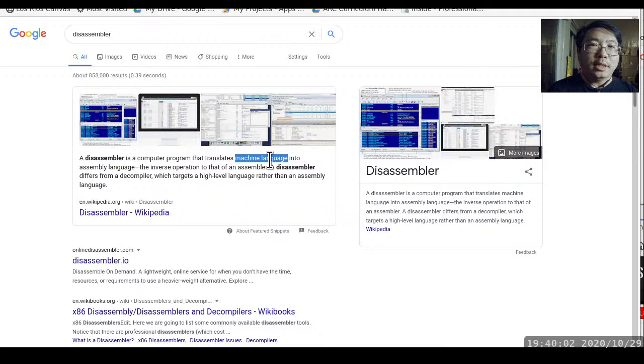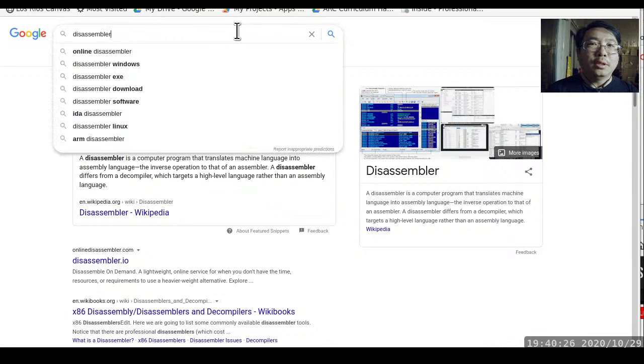But it will translate that back into assembly language, which is what we know as mnemonics. So machine language is referring to our opcode, and assembly language is referring to the mnemonic. A disassembler is a program or a tool that can do that. Now you would ask, why is that important? So you can look into